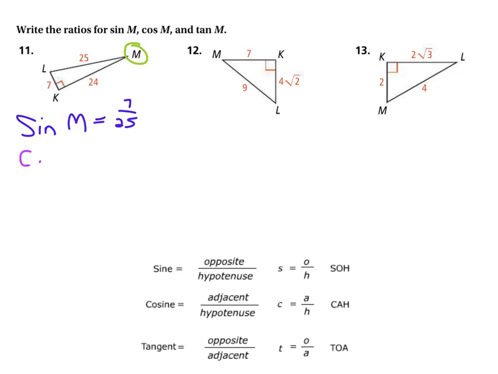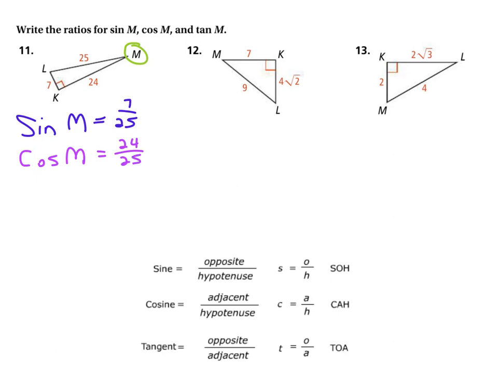And so then the cosine will be the adjacent over the hypotenuse. And what is the adjacent side? It's the one right next to it. And you might say, there's two right next to it, Mr. Massey. These two. Yeah, that's true. But one of them we always call the hypotenuse. So we're not going to call this 25 the adjacent side. We'll always call the longest side the hypotenuse. So we've got a 24 then as the adjacent side. So 24